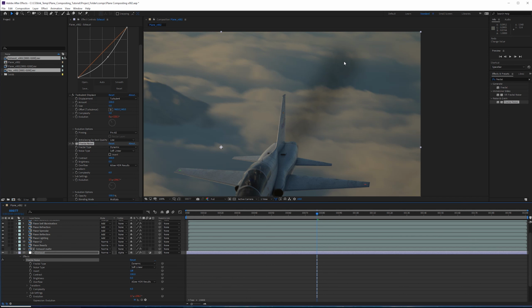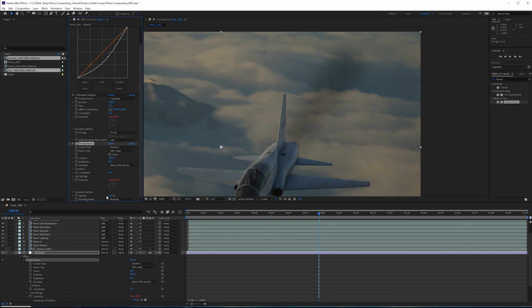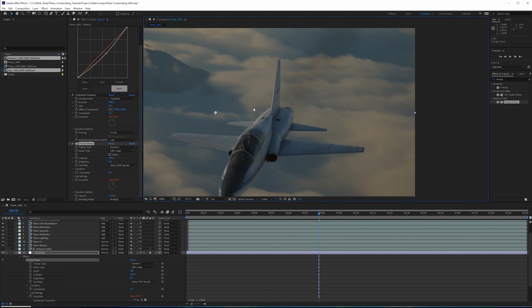Because this does not track with the plane, it's just kind of everywhere over the entire comp. We want it to move around quite a bit. And then we could even lower the opacity of this so it's not quite so strong. We want it to be fairly subtle. We just want an essence of it being there. I think this will look pretty good. We'll have to just see it rendered before I can make those judgments.